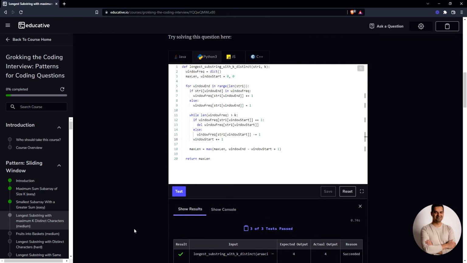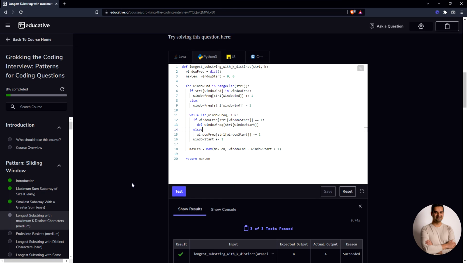Let's have a look at the runtime and space complexity for the implementation. When it comes to the time complexity, we are going through the string once, and we also have this inner loop. So in the worst case it can be n plus n, which would be O of n. So the time complexity will be O of n, and we have a hash map which we are maintaining throughout the process. The worst case scenario in this case, I believe, should be O of n as well,